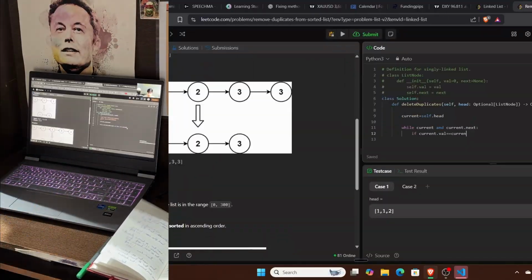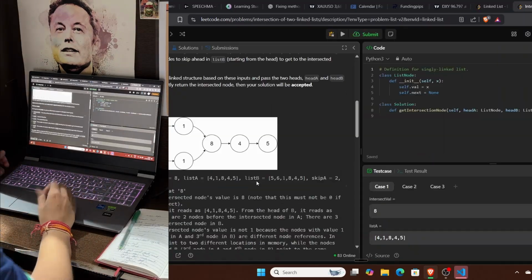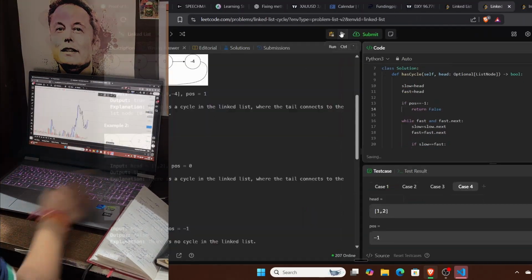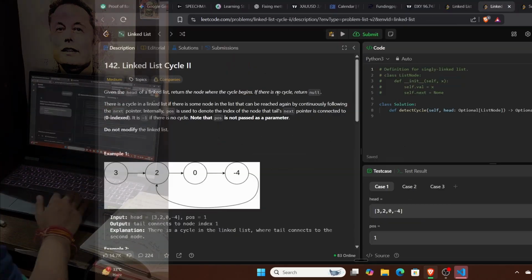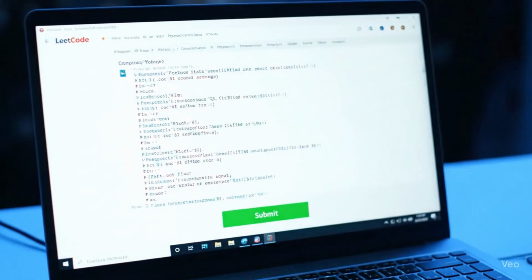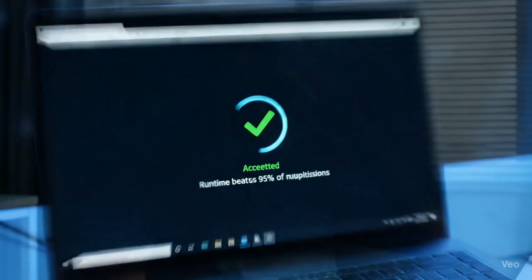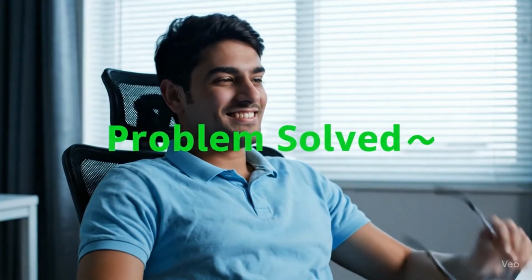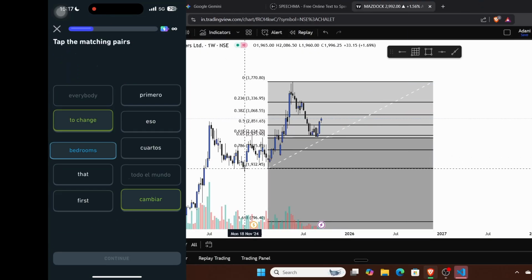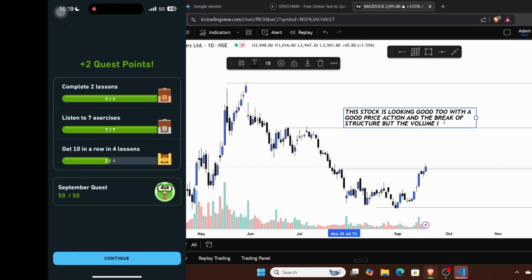From the markets, I pivoted back to DSA, tackling 2 easy and 1 medium-level LeetCode question. All of them are focused on linked lists. I worked on problems like deleting at a specific index, removing duplicates, and finding the middle node. While I was deep into these challenges, my trade was still open in the background, and I kept glancing over at the charts, hoping for a turnaround.